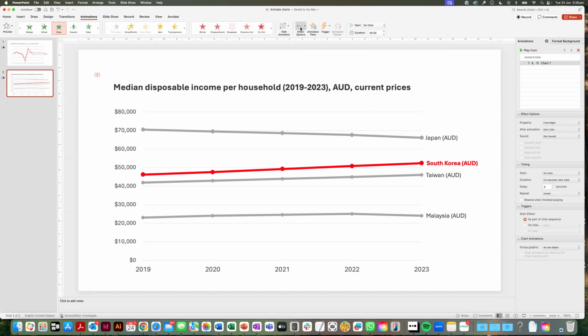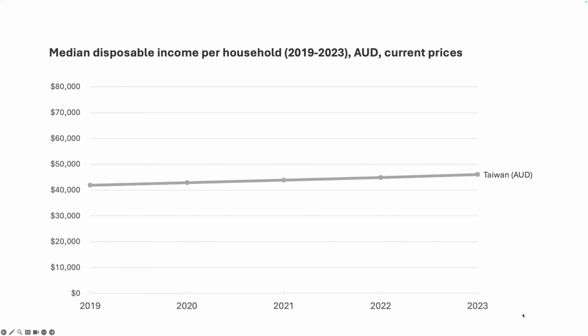The first thing we want to change again is effect options. So we'll go from left. Then animations. We want our animation pane. If that's popped up, you'll see it on the side. All the way down to chart animations. Go by series. So then we have our little drop-down menu. I don't want the background, so I'll get rid of that. And let's have a look. It should all work nicely. 1,